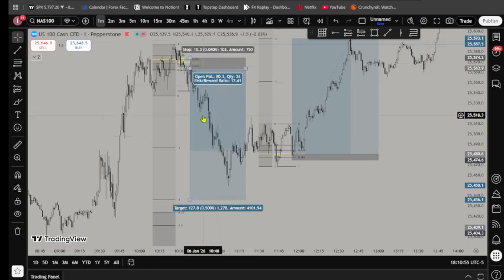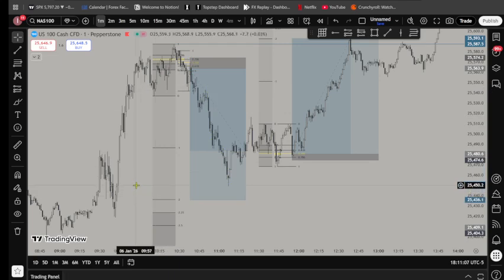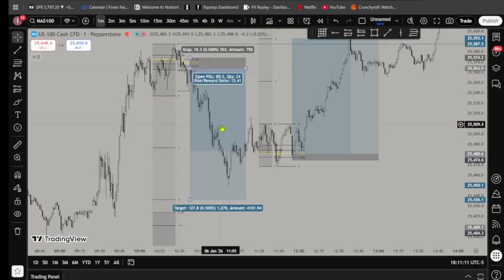I move my stop down. I'm pretty sure I put it at these lows, to lock in my stop in profit, right? Then we come lower, right? We take these once again. We're filling this gap, this last gap, right? So I come and put my stop in profit right here at this high, and at this point my